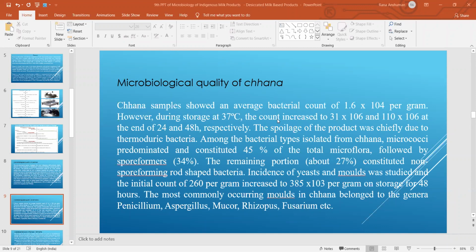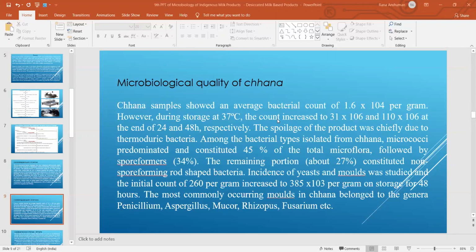Because here we are using what temperature we are using during the manufacturing operation. Sometimes we are using about 82 or 85 degrees centigrade. The maximum temperature people are using, that is about 90 degrees centigrade. Automatically there may be chances of survival of some kind of thermoduric microorganisms as well as some kind of spore forming microorganisms. And whenever they will get a suitable environment or condition surround of storage, automatically they will start growing in the system and they will start creating abnormal spoilage problem to the product.